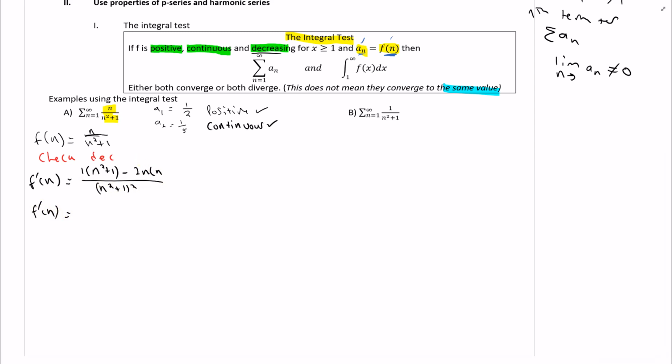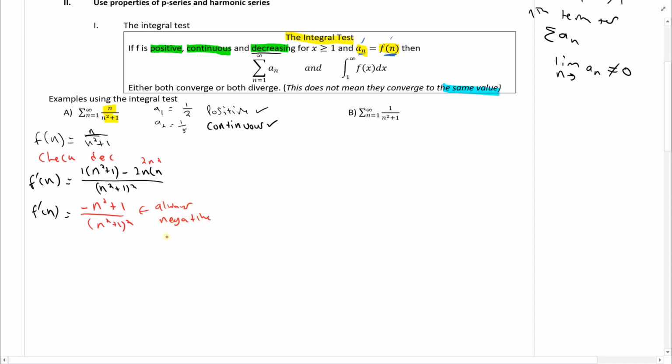This is 2n squared. So we have n squared minus 2n squared, which is negative n squared plus 1 over n squared plus 1 squared. And we have to show that if it's always decreasing, then the derivative will always be less than 0. So we need to show that this is always negative